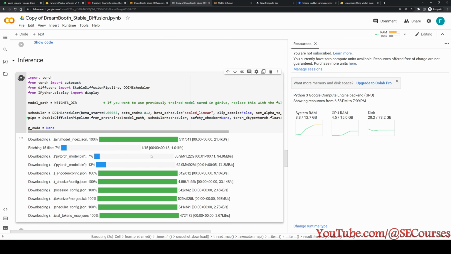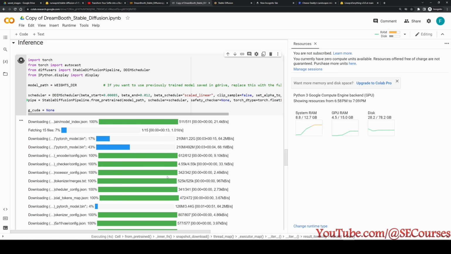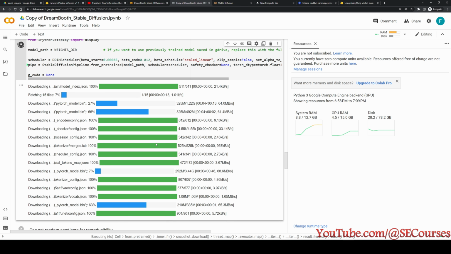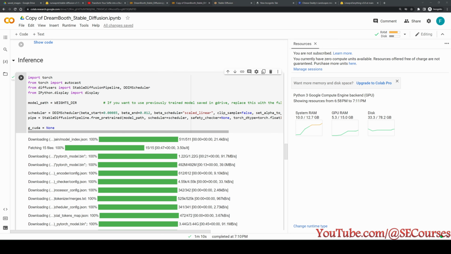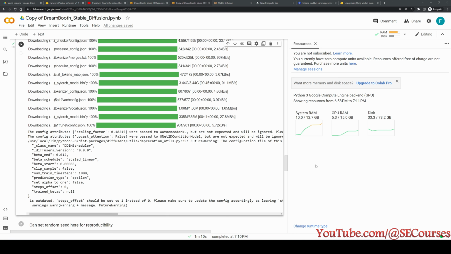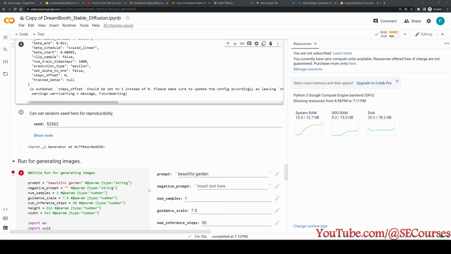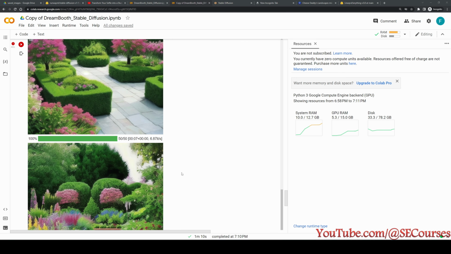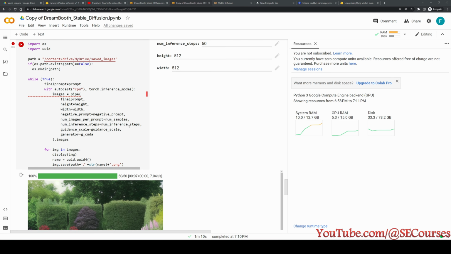Okay, it is set as this, and then I need to click inference because it will reload the model, and you will see it is downloading all of the files inside that repository. This is extremely faster than uploading your model files, the diffuser files, into your Google Drive and giving its path. As you can see, this is much faster. Okay, it is already done. The files are downloaded into the temporary drive, and then it is loaded. Now we will be able to generate images based on Anything v3.